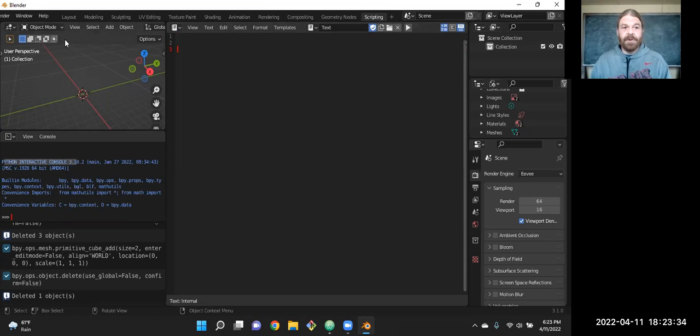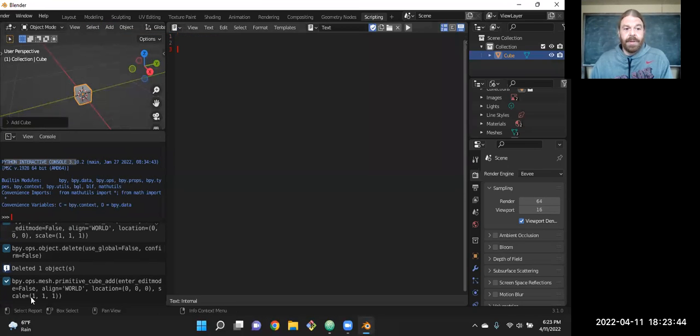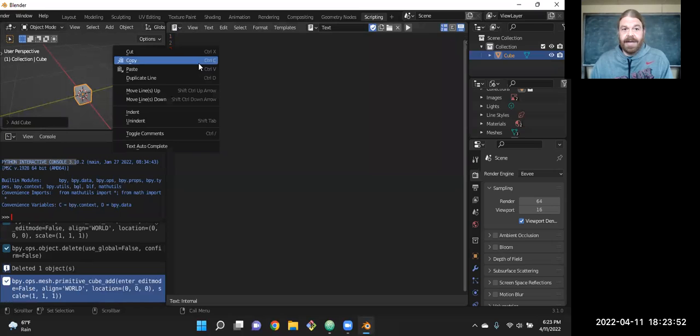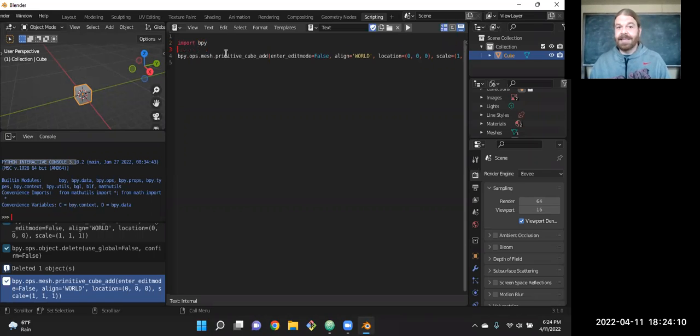As well as the regular layout. If I come over here and do that same thing and hit add a mesh and add a cube, you'll notice down here in the lower left, another instruction showed up. Let me copy that over to the text editor and paste that in there. This mesh popped up. BPY, so that's Blender Python. So everything we would do for a script in Python comes from that module. So all of your Python scripts will start with import bpy because that's the Blender objects.